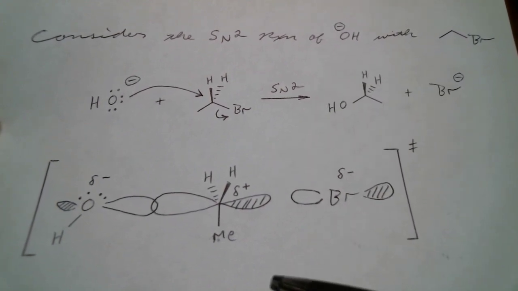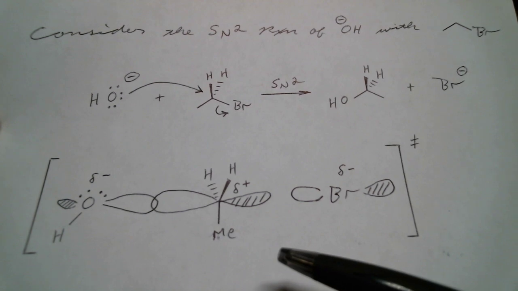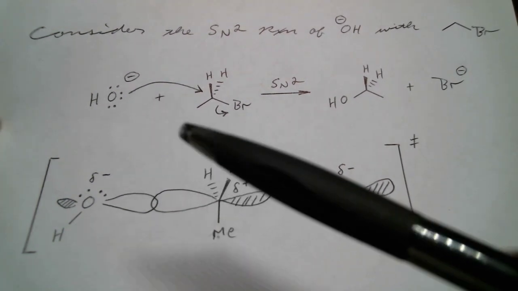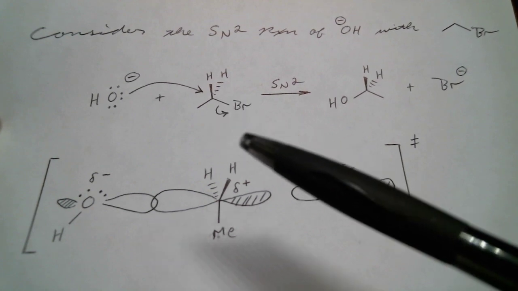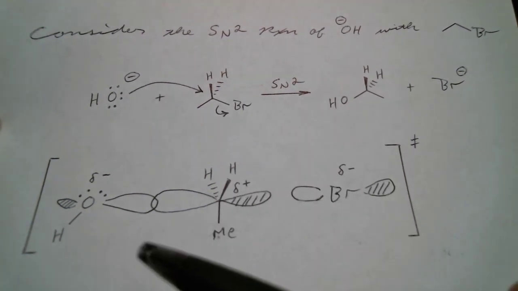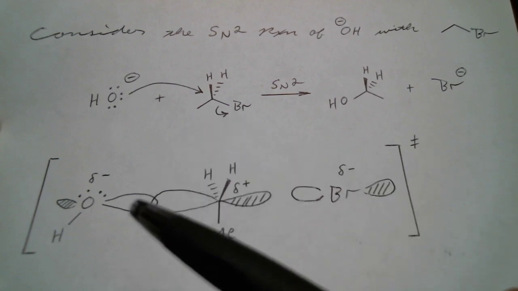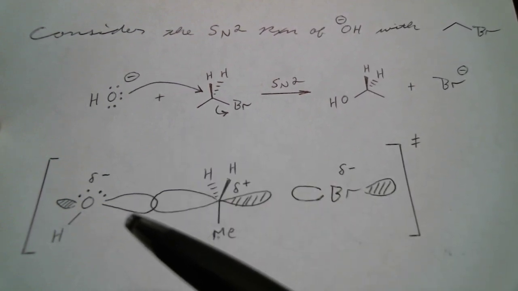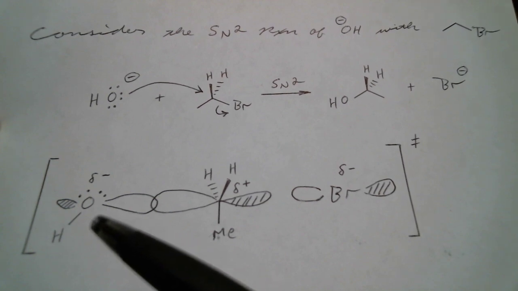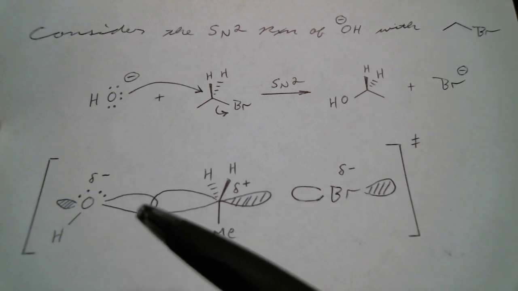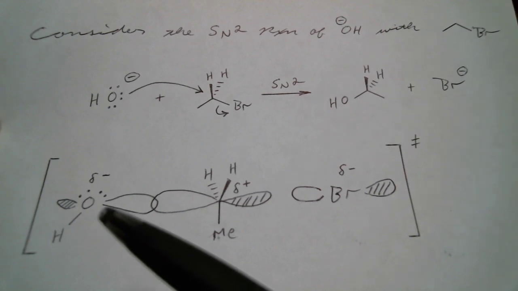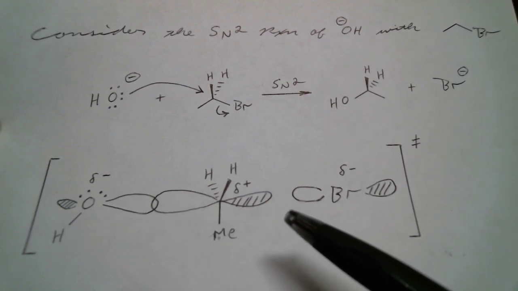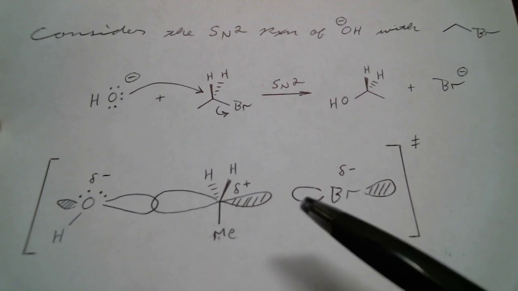And if you recall, there was a good explanation for the preference for backside attack of our nucleophile onto the carbon electrophile in our SN2 reactions. That's because it accords with the molecular orbital theory. We're plugging a couple of electrons from our non-bonding orbital on the oxygen atom into the back lobe of our anti-bonding molecular orbital between carbon and bromine, and